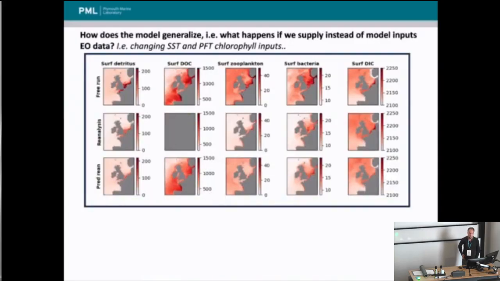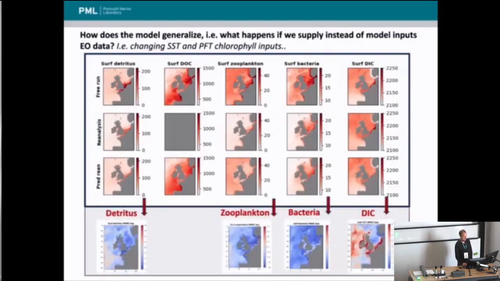And when we do that for the surface variables, we get really very nice results in the sense that most of these surface variables, such as detritus, zooplankton, bacteria, get clearly improved as measured by the reanalysis outputs for these variables. So indeed, you're learning this map from the model free run without being constrained and applying it to observations, as understood as a reanalysis, which is pretty close to that. It's just technically advantageous to use reanalysis. It indeed works, which is quite a result I was quite pleased by, because what it